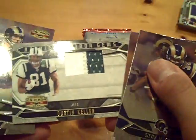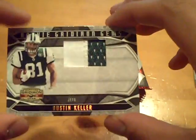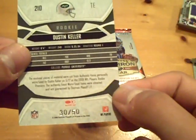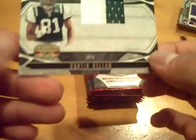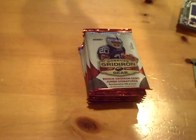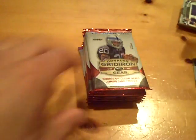Wow, nice. Single patch, dual color for the Jets. There you go, Jets, numbered out of 50. Poker Chris is getting this one. Dustin Keller, single patch, dual color. So Jets, very nice box overall so far. Two hits. We're looking for one more. We pulled the Joe Flacco,